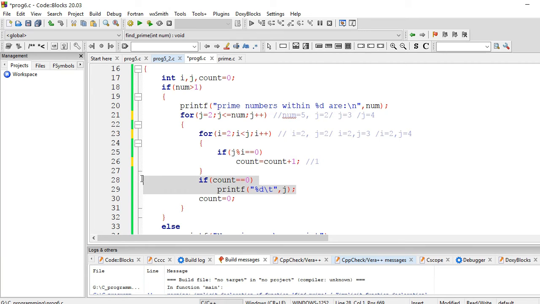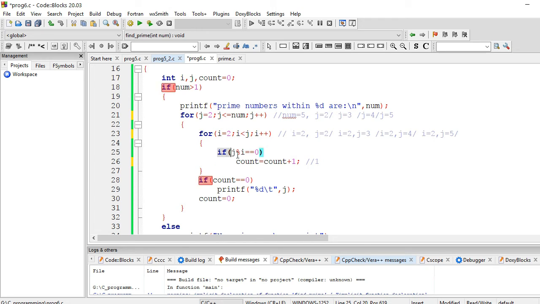Okay, so that is not a prime number. And similarly, in the fourth iteration j will be incremented to 5, so i is 2, j is 5. So this for loop is true now because i less than j, and i plus plus makes i equal to 2 and i less than j.